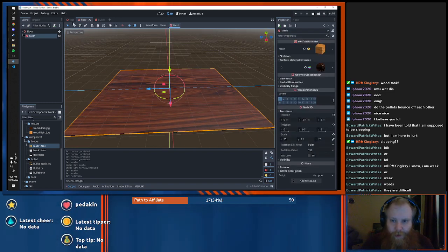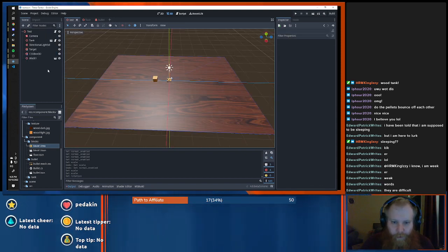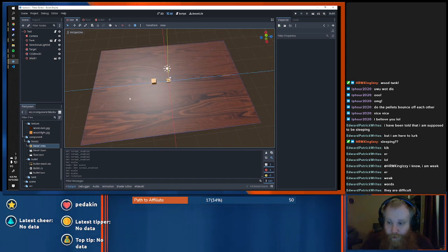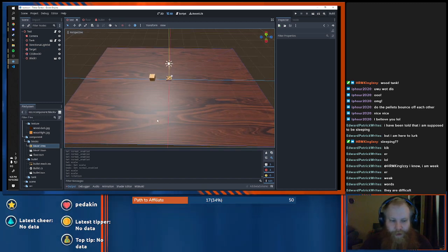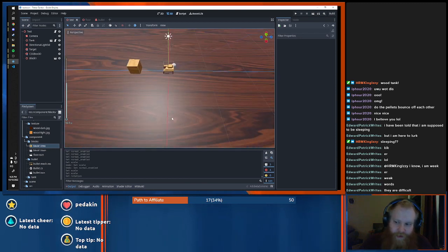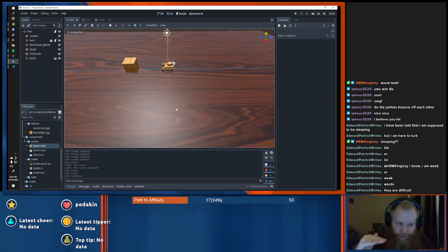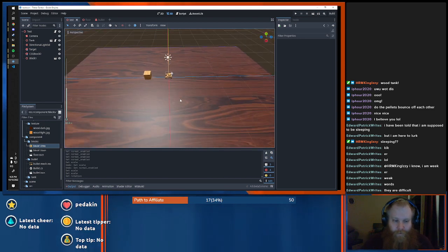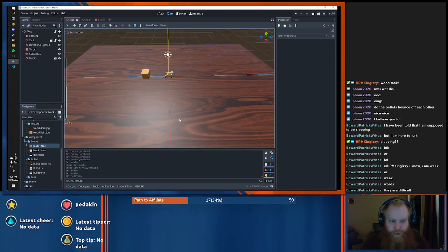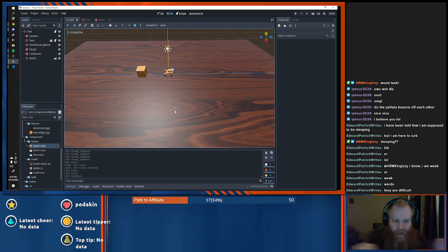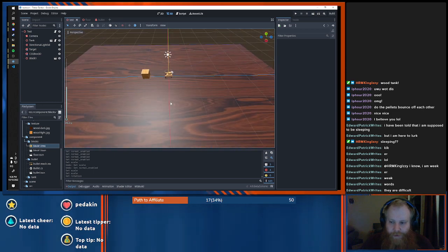Okay, that looks good to me. So now we can go back in here and we're going to replace the floor with the new floor that we made. And there's no gravity in this game. The tank isn't actually resting on top of it. If there were no floor, it would not fall. So I don't actually have to worry about collision with the floor because everything in this game is going to happen on the same level. There's not going to be any ramps or anything like that. So the floor is just there visually.